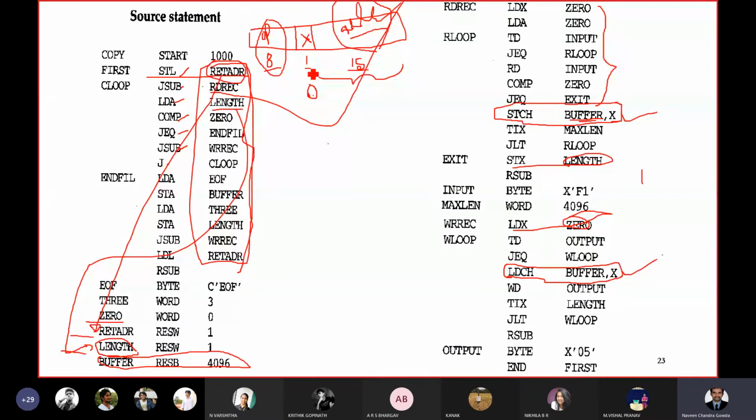So see, my dear students, it doesn't mean that because here it is LDX 0, you are utilizing the x register, so it is an index register. No. Keep in mind, this is where you'll be utilizing the x register, in the operand field of your instruction. If you are using the x register in the operand field, then only it is index addressing mode. LDX 0 is not the index addressing mode. It is the direct addressing mode itself.